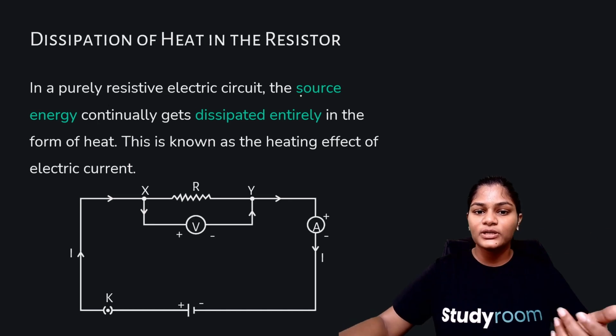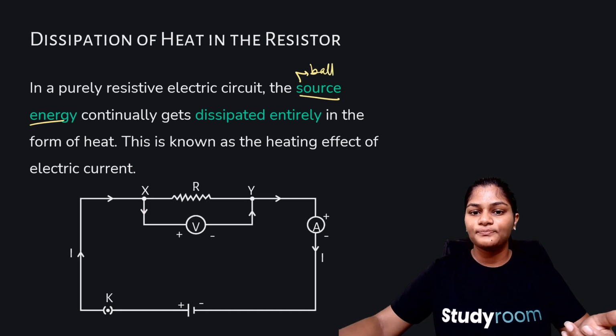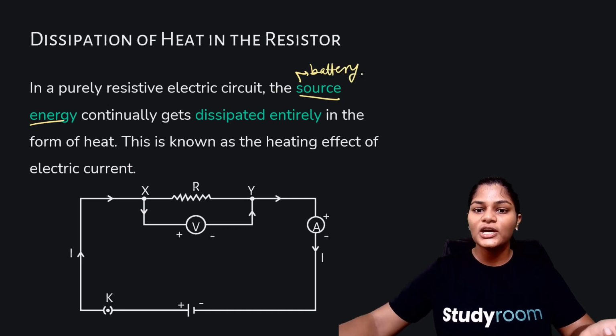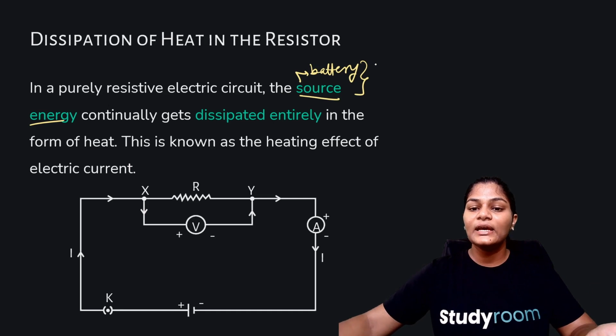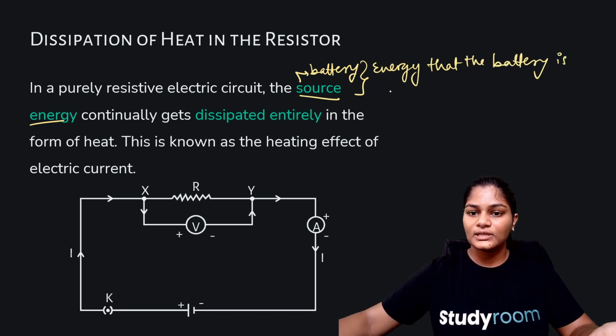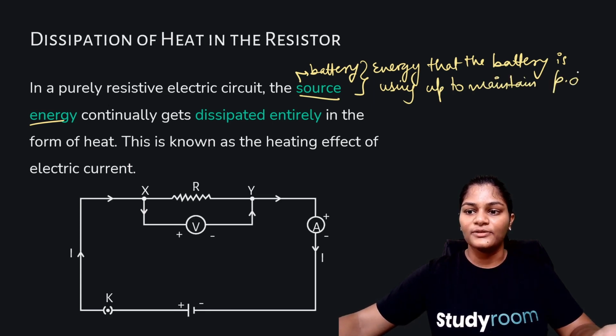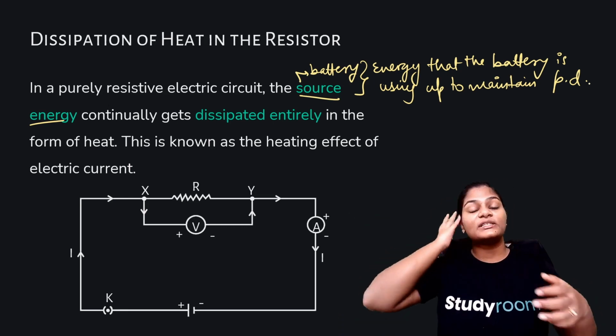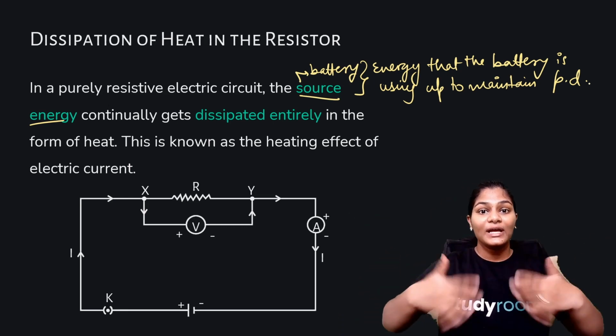Source energy. What does source energy mean? What is the source? Source is the battery, right? And energy. So what does source energy mean? That the energy that the battery is using up to maintain potential difference. So this source energy basically means that the energy that the battery is using up or sending out,